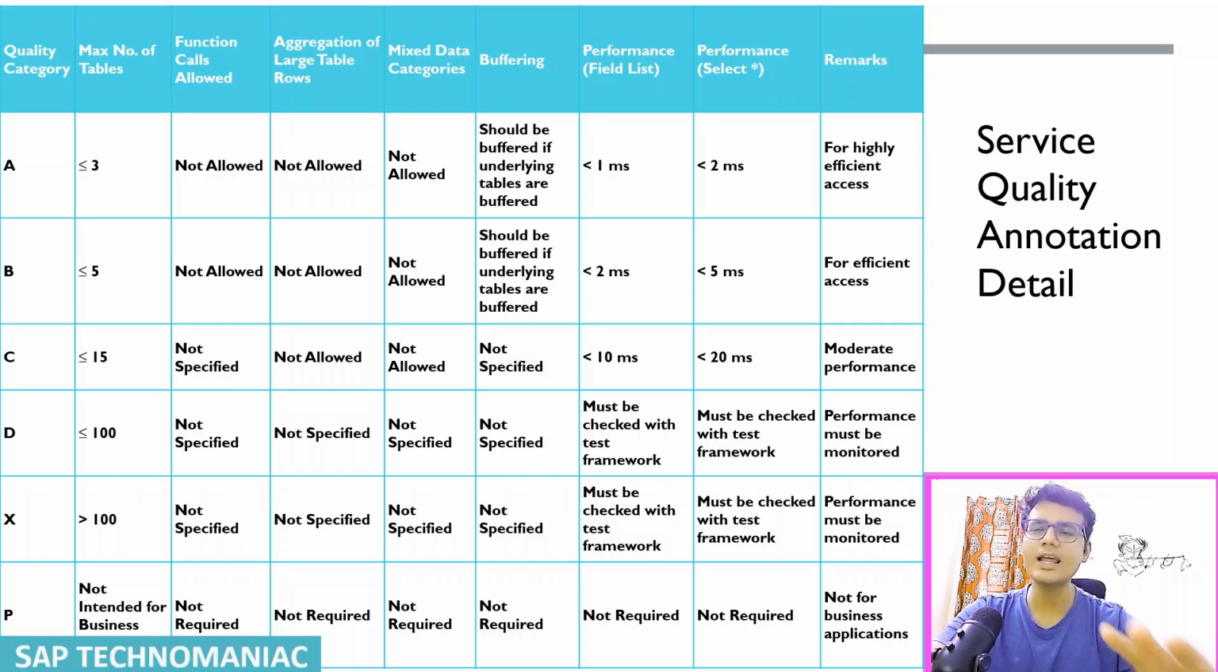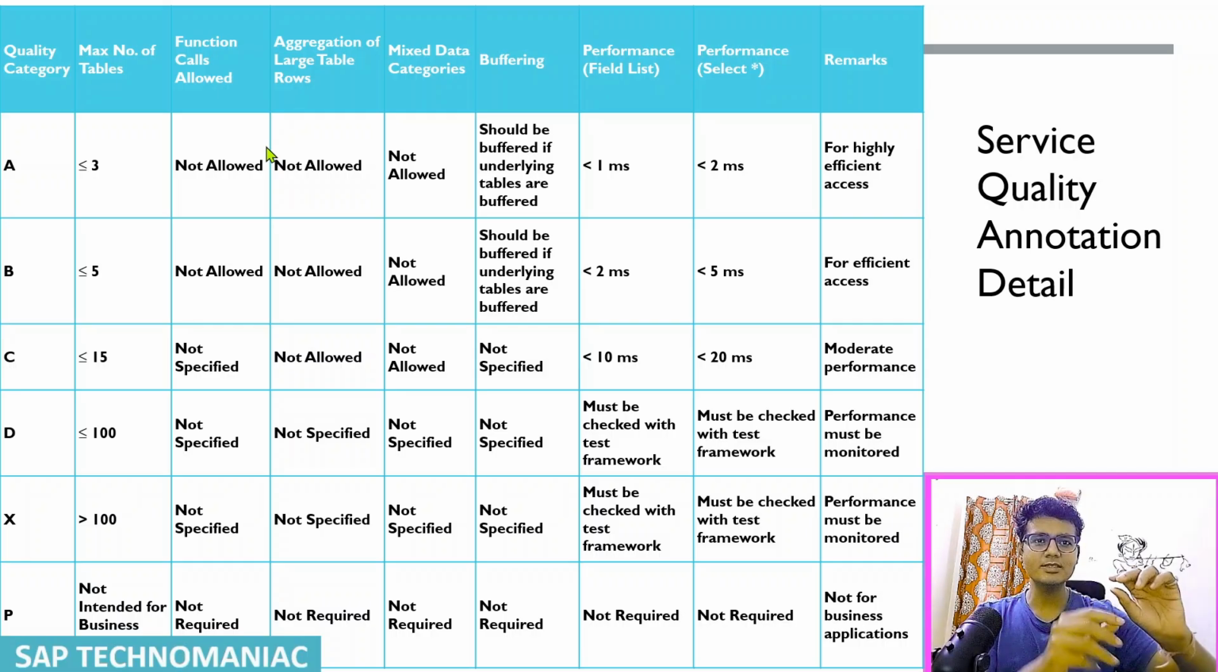I got this detail and I have put it in the tabular format. That's it. Nothing. I didn't do anything. I didn't edit anything from my side. First thing, if you have one CDS which is having 3 tables or fewer, then only